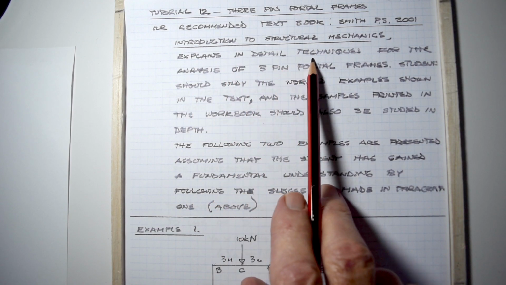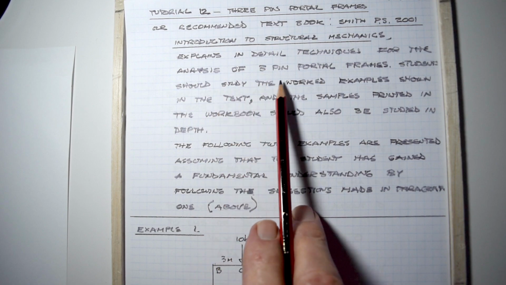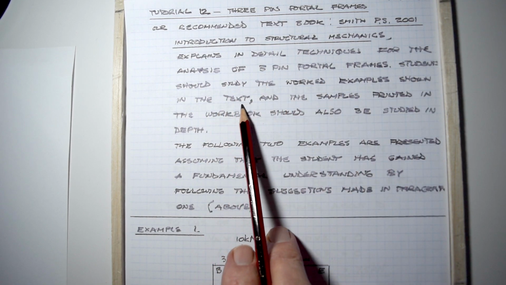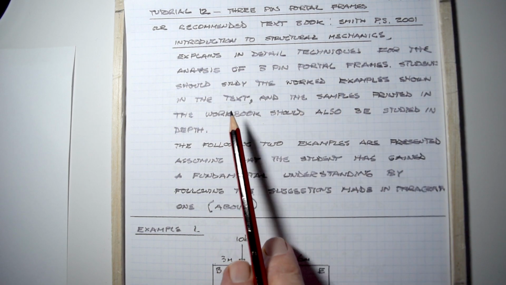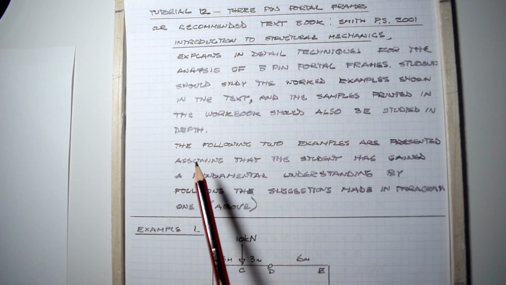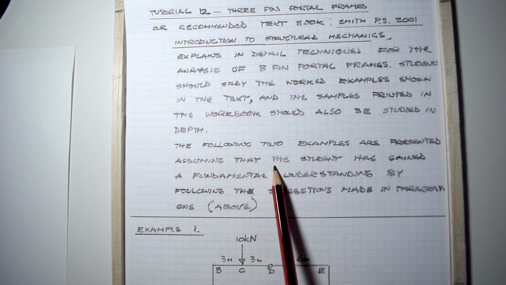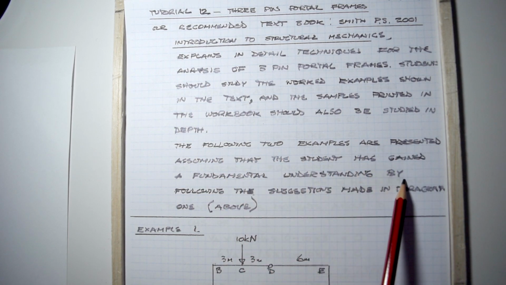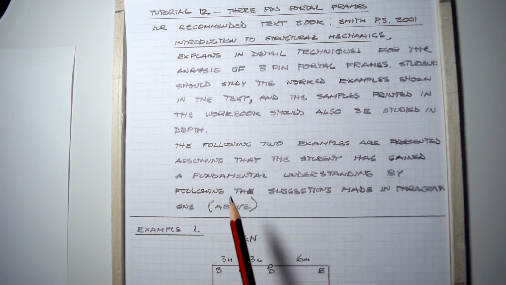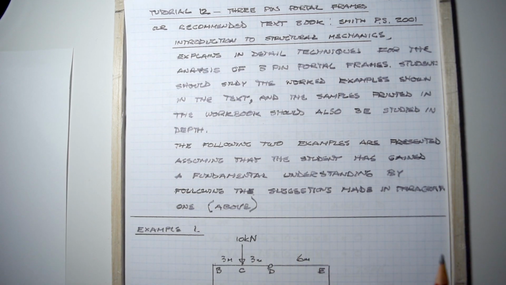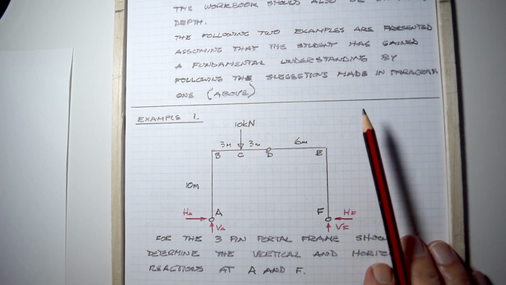It explains in detail techniques for the analysis of 3-pin portal frames. Students should study the worked examples shown in the text, as I said to you earlier. And the samples printed in the workbook should also be studied in depth. The following 2 examples are presented, assuming that the student has gained a fundamental understanding by following the suggestions made in paragraph 1 above. And here I've taken a simple portal frame and done it the way that I would